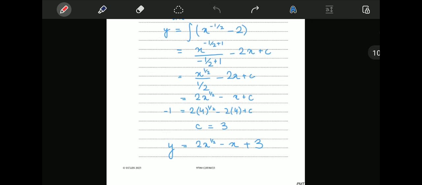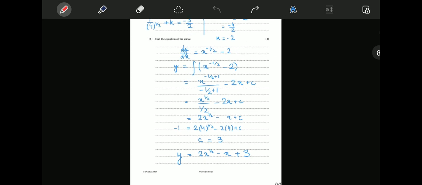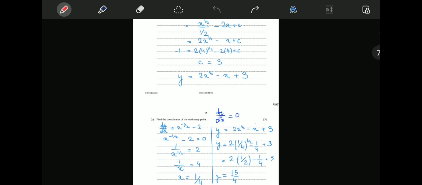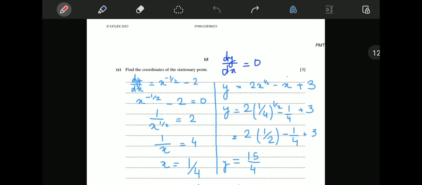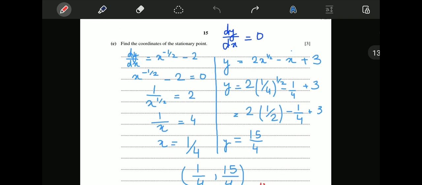Just look at this whole working. Okay, that's it. Now part C, find the coordinates of the stationary point. It is very much familiar. We have many questions like these in our past papers. So for the coordinates of the stationary point, we know that dy by dx